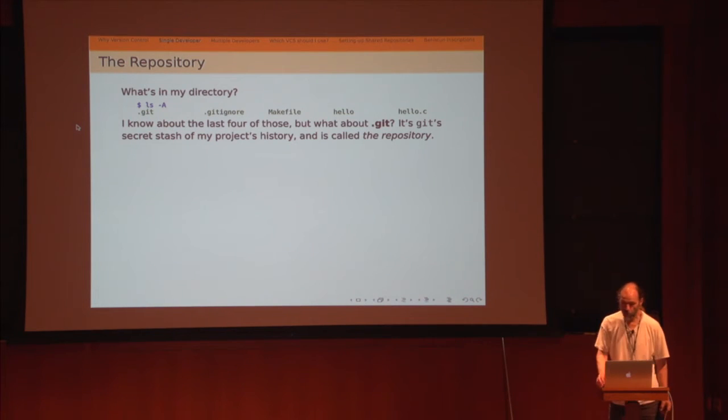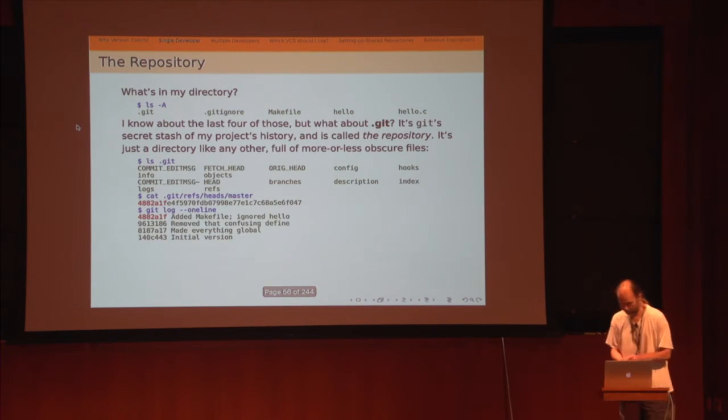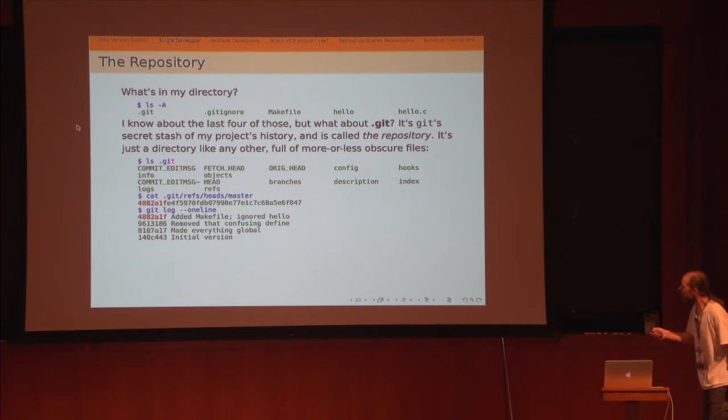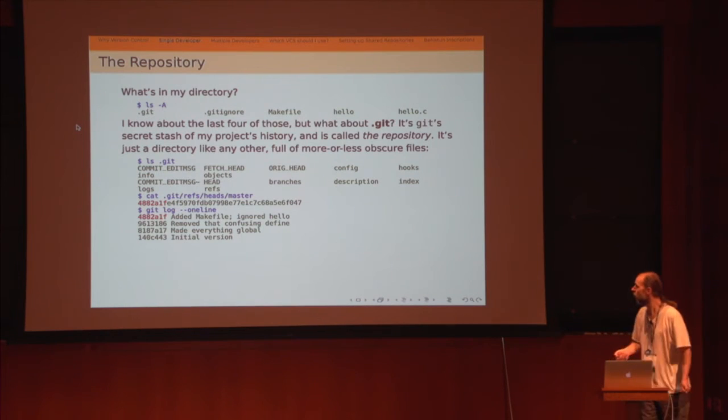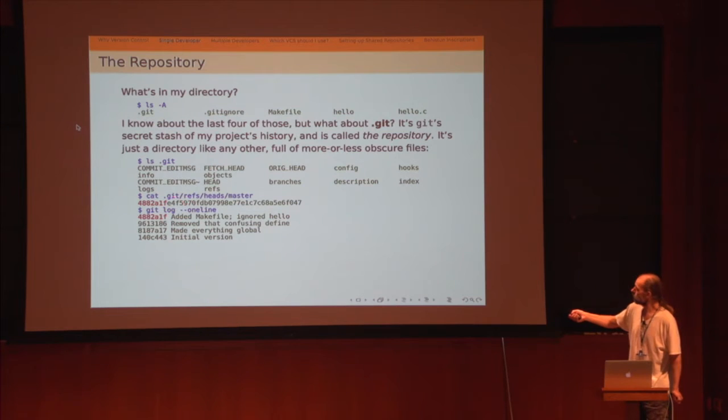It's called the repository. But fortunately, it's just a directory and I can look at it. If I do an ls on .git, it's all sorts of garbage. It's got files like index and ORIG_HEAD and FETCH_HEAD and COMMIT_EDITMSG. If I look at some of the files in there, they look like 488.2a1ff, and you now know that's a SHA. In fact, if I do a git log command, you'll discover that that number and that number are the same.